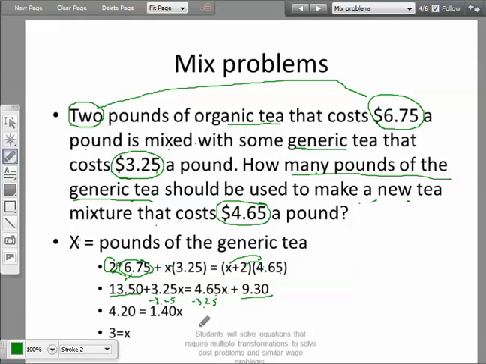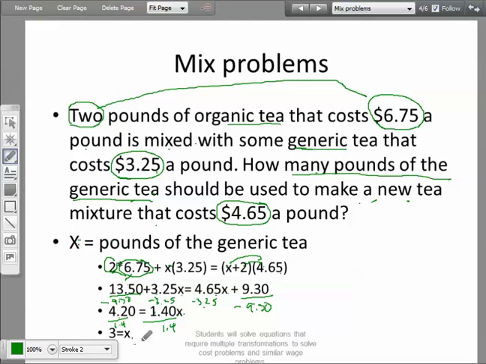And what I wind up with is 1.40x plus 9.30. So I'm going to subtract the 9.30 from both sides, minus 9.30. And I got 4.20 is equal to 1.4x. I'm going to divide by 1.4 or multiply times the reciprocal of 1.4, and I wind up with x is